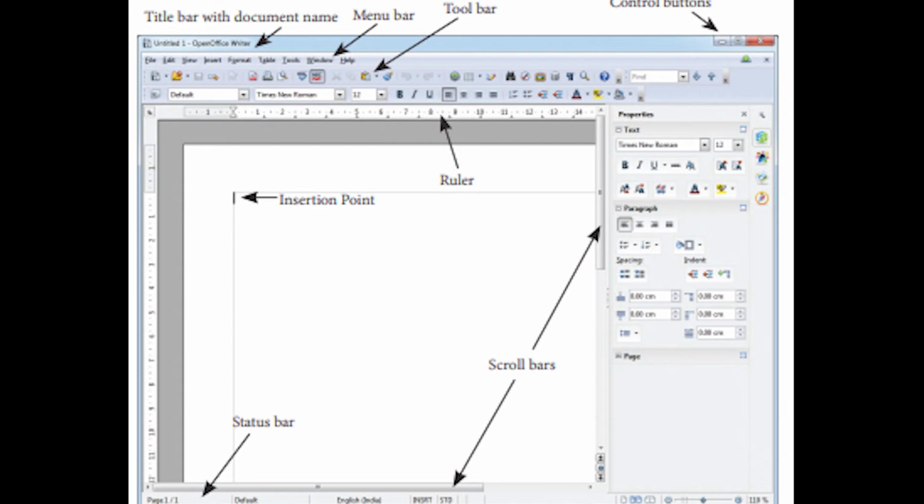In the top right corner you will have control buttons. In that, the red cross button is the close button. That is how you know how to close whatever you are opening. Near to that, the rectangle symbol is the maximize button. And next to that, the minus symbol is the minimize button.